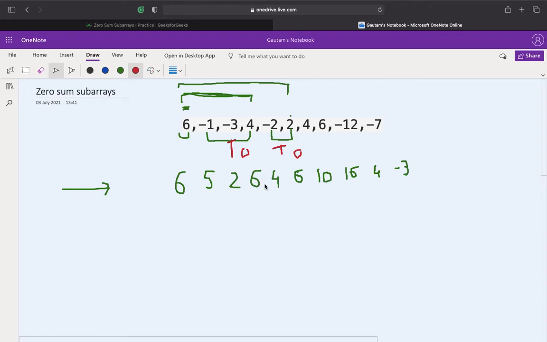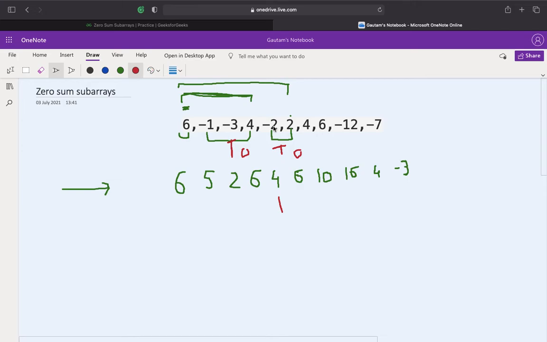So for this case, let's take that there are three 6s over here. Now we need to check how many subarrays can be there whose sum is 0. So this is a subarray, this is a subarray, and this is also a subarray.